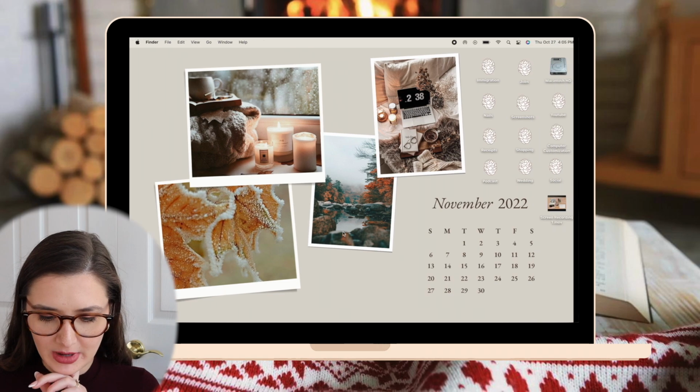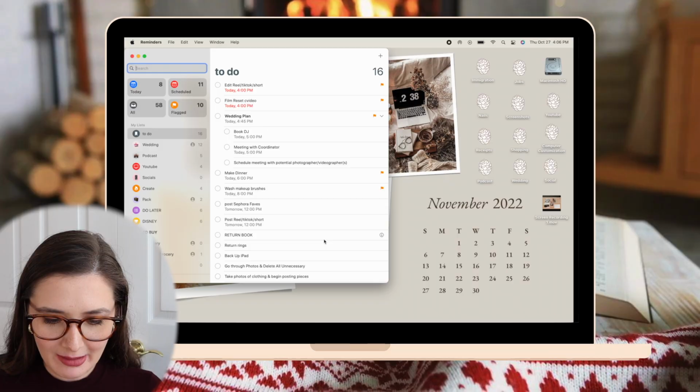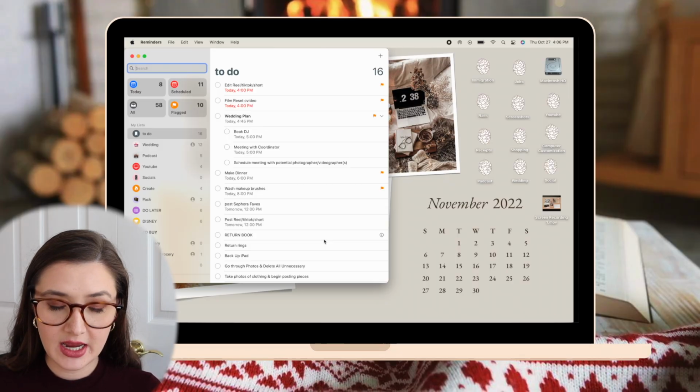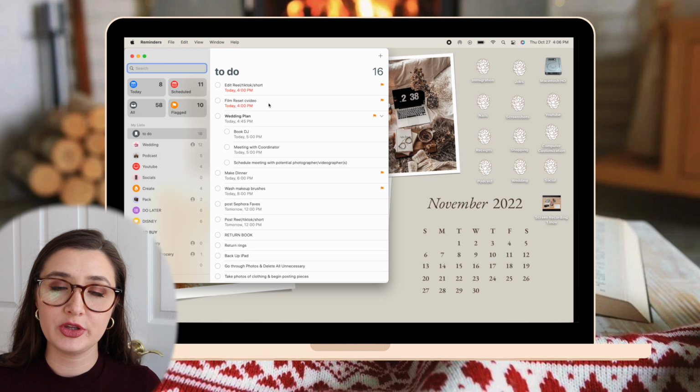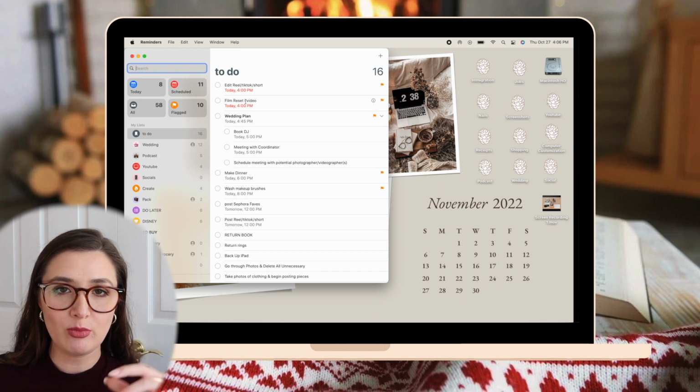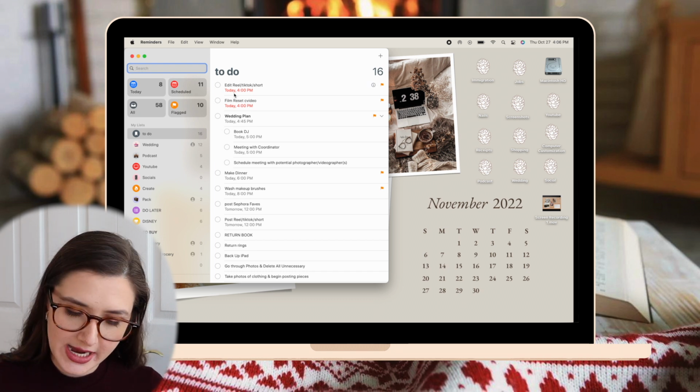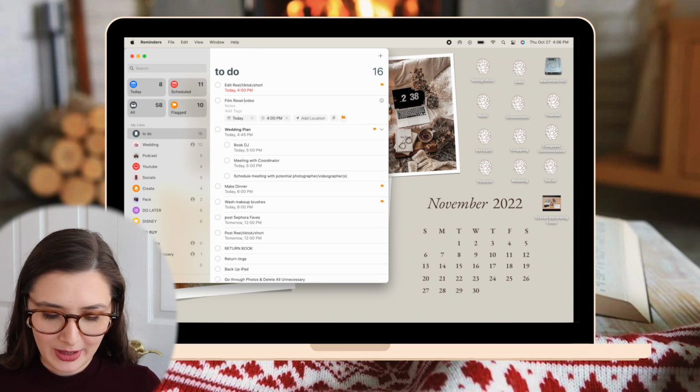So let me go to my reminders app. I go into here and I add things that I wanna do that day and the times that I wanna get them done by. Last video, I wasn't sure whether I would scrap this method because I've adopted the Notion weekly agenda sort of thing, but I really can't live without this. It really does, well, mostly keep me on track if I follow it. I'm gonna keep this going, but take a bunch of these ideas and put them into my weekly agenda, and then it'll be more fleshed out on here each week or each day, but that's okay. I still wanna plan out my weeks.